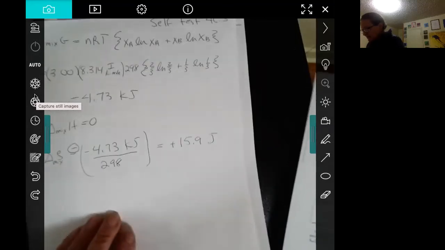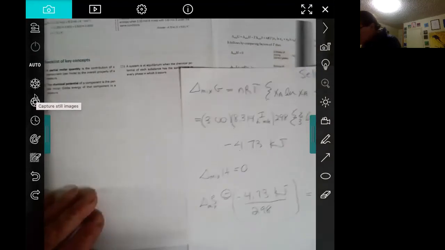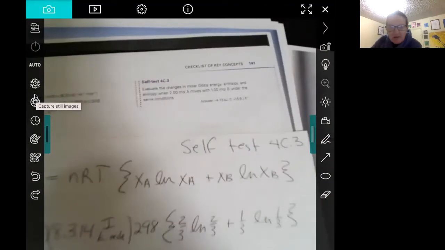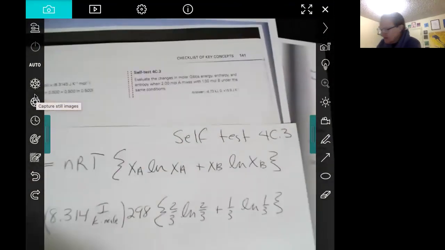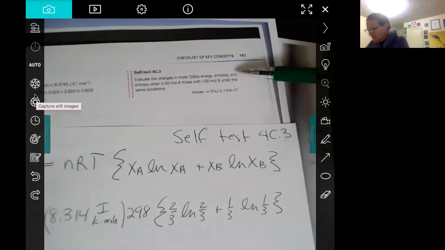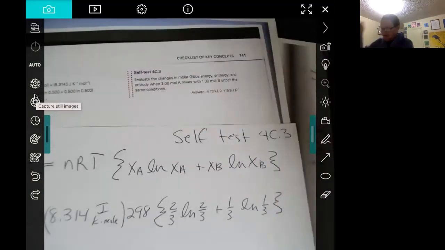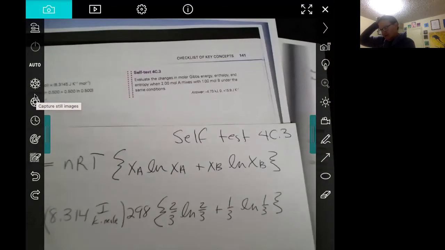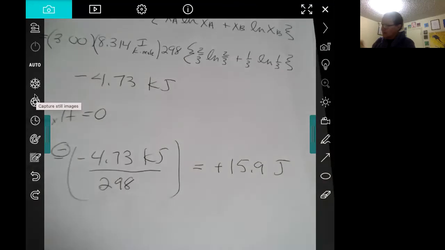And then self-test C.3 just uses that equation. So let's just read that. The self-test says evaluate the changes in molar Gibbs energy, enthalpy, and entropy when 2 moles of A are mixed with 1 mole of B under the conditions of the problem that was before it. And the only condition we need to know is that it was at 298. So when I do that problem,